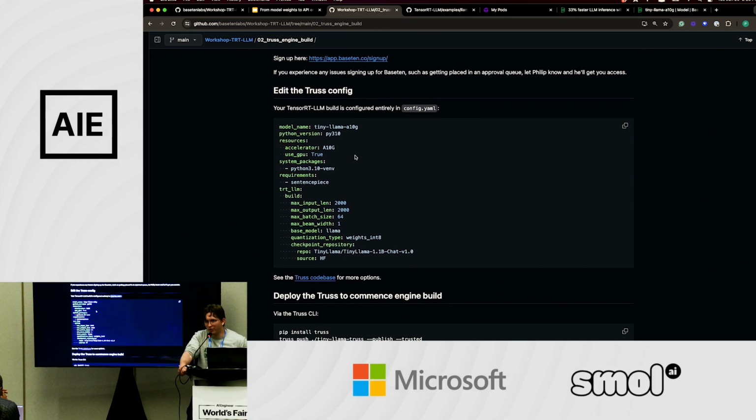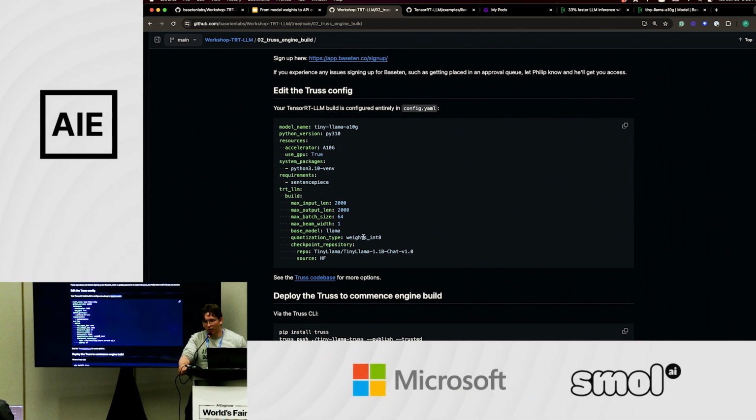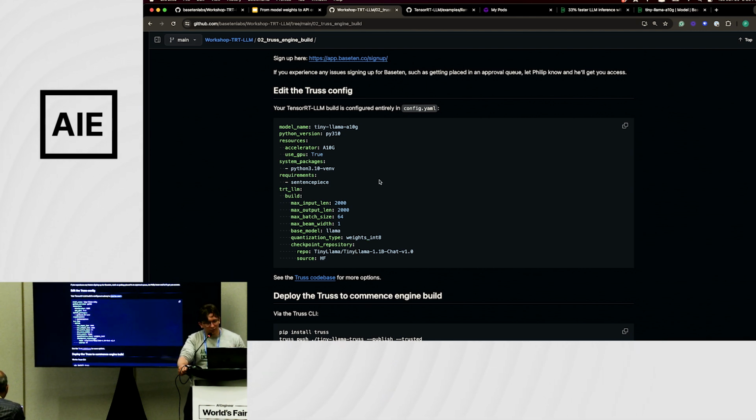So we talked about that there are a bunch of different settings that you need to do when you are working with TRT-LLM. And you can set all these settings right here in build. So right now we're doing something with an input sequence and output sequence of 2,000 tokens each, and a batch size of 64 concurrent requests. We're using the int8 quantization because we're running on an A10, and that does not support FP8 because it's an Ampere GPU, which is one generation before FP8 support. And then, of course, you pull in your model and stuff.